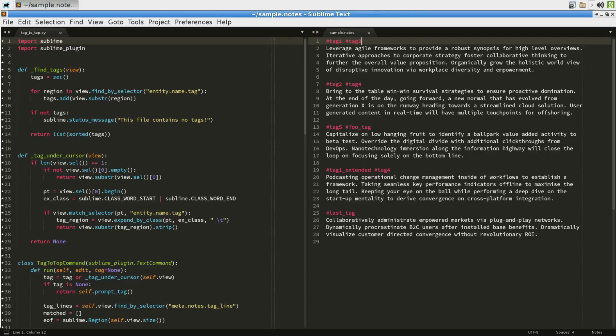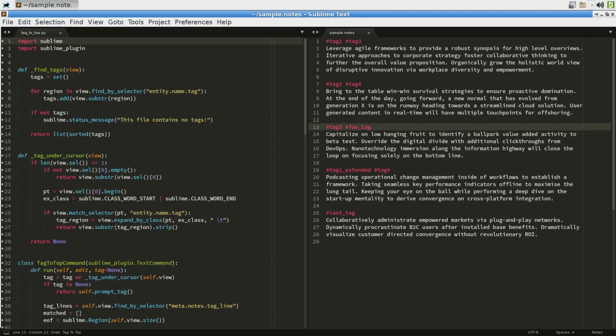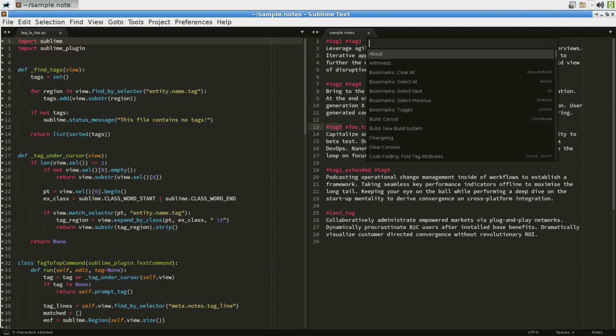Now, in the last video, we enhanced the plugin so that simply by having the cursor inside of a tag when we invoke the command, it automatically jumps to the top. And similarly, we can select a tag and run the command to do the same thing. And that ties in with being able to navigate around in the symbol list. But